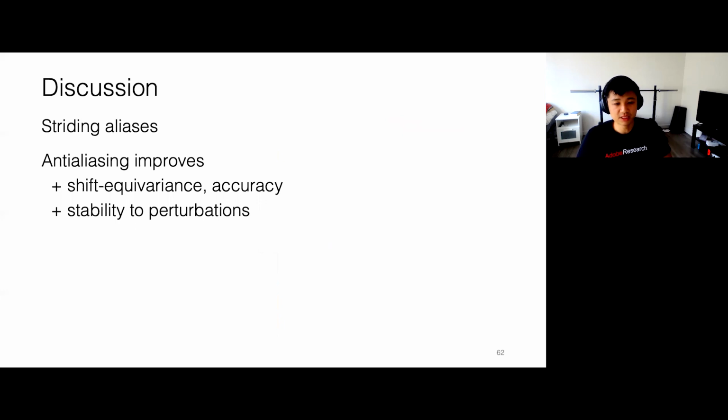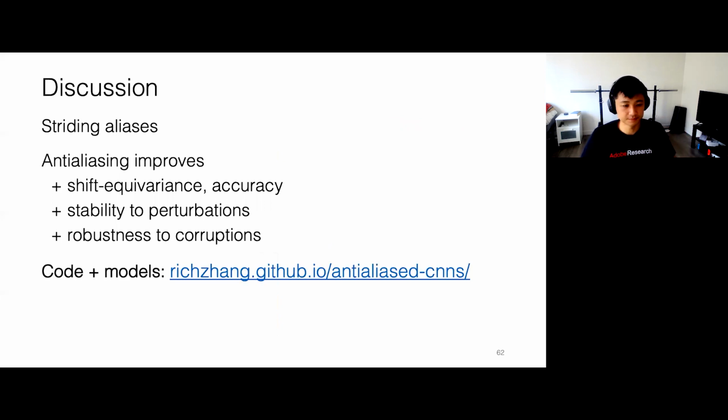For example, stability to perturbation. If I were to rotate the image, we would also be more stable to that. And we would also be more robust to corruptions. For example, if I were to add Gaussian noise, we would see smaller fluctuations there as well, just for free. Okay, so code and models are online, and it's a simple replacement, and you can